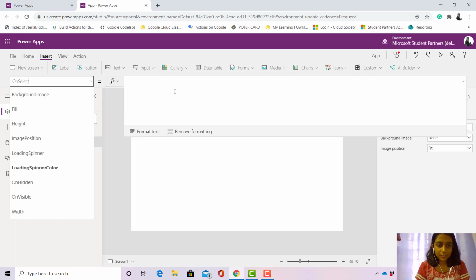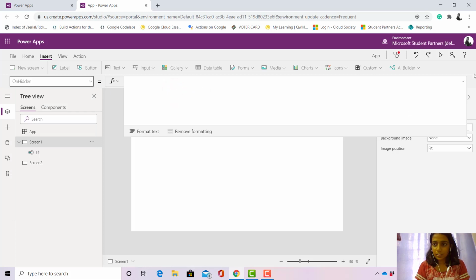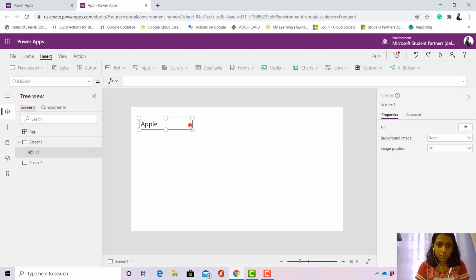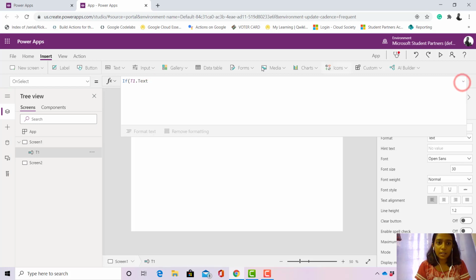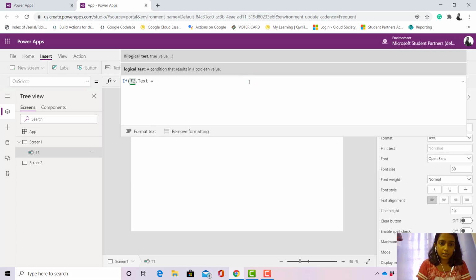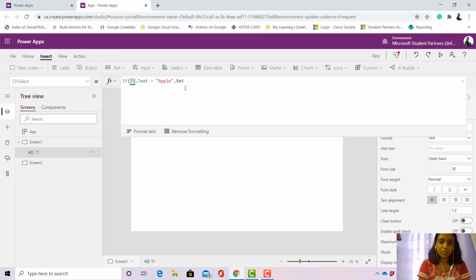On select, okay, let me just close it again and see. Okay, so let me just expand it back. So if the text here is Apple, okay, so here I have given the logic, that is, if my text in the text box is Apple, then what would I want it to do? Then I would want it to give me a score of suppose 25 or 50,